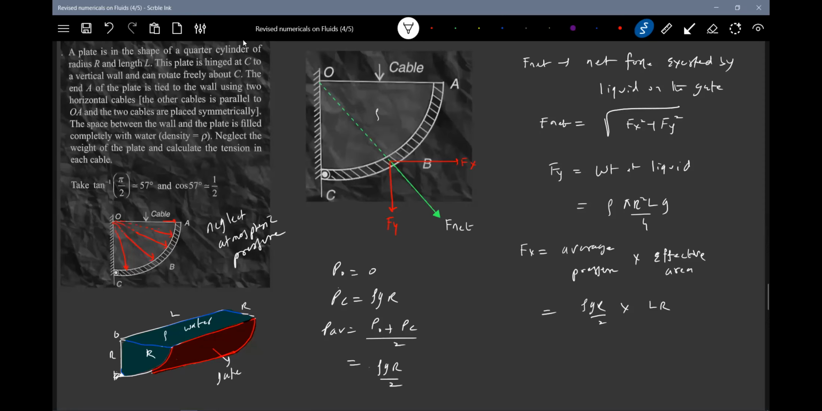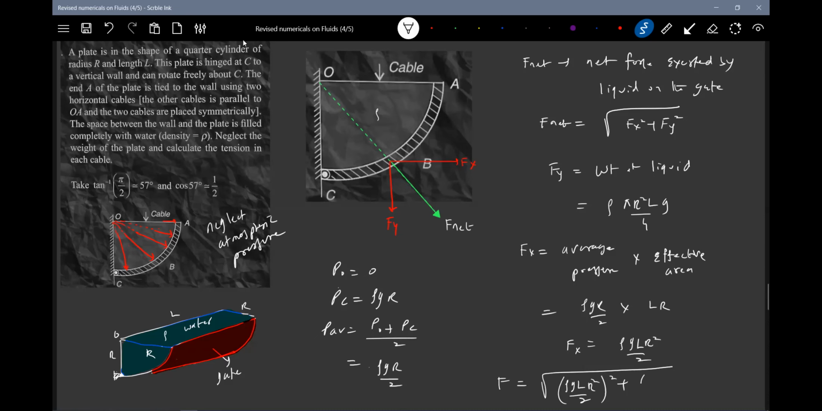But sir, it's a curved one. The effective area, you're going to see like a rectangular plate here. So this will become rho G L R square by 2. Okay, I think the problem till here is what? The resultant of these two is what we needed. That is F is equal to Fx will be rho G L R square by 2 whole square